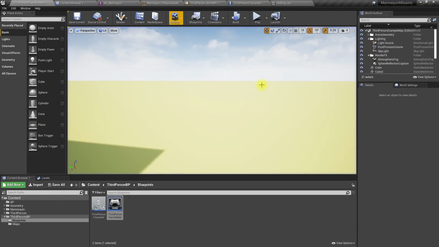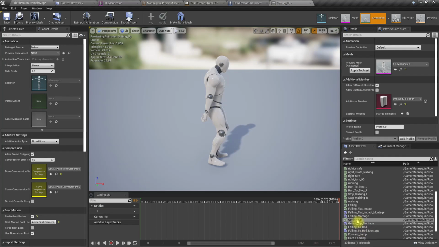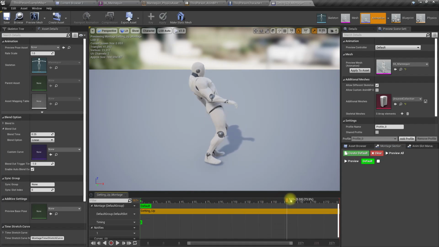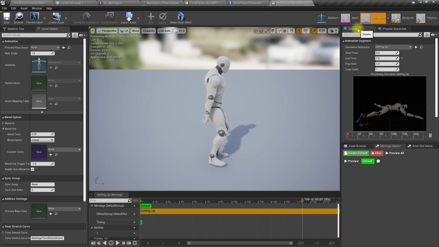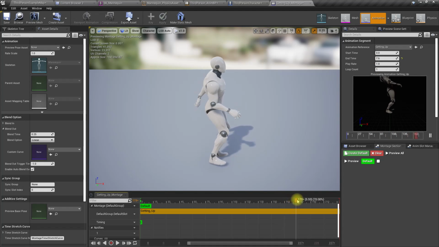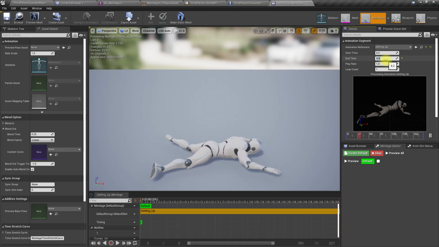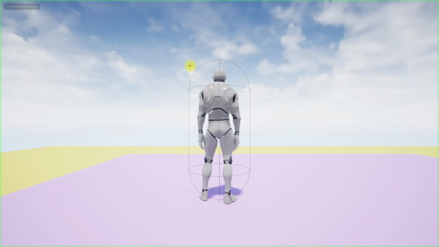Oh yeah, there was a small issue. The animation looked paused at the end. That's because we have this length that we have used for the montage. It is 7.6, but now after removing that part from the animation, it's only 6.2. So let's make this 6.2. Now it should be fine.